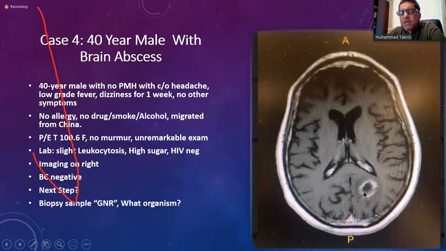If I see a gram-negative organism, then you're going to think about gram-negative organisms that come from the oropharynx, sinus disease, ear infection, things like that. So when I see a gram-negative organism in a brain abscess, you may think about Haemophilus, for example, in Bangladesh. Sometimes you get middle ear infection, sinus infection, things like that. You can think about Fusobacterium, a gram-negative anaerobe, which can cause brain abscess because it lives in the oropharynx,